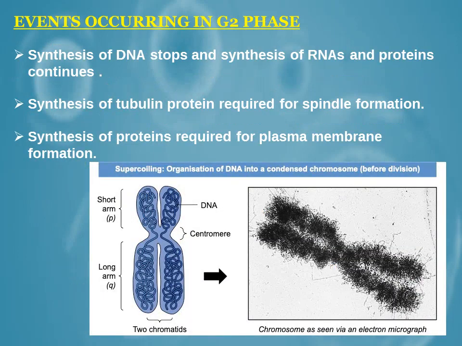G2 is also called the second growth phase or pre-mitotic gap phase. In this phase, synthesis of DNA stops and synthesis of RNAs and proteins continues. All cell organelles multiply and spindle formation takes place. It lasts for 2 to 5 hours in most cells and may be as short as 1 hour in rapidly dividing cells, or of nearly indefinite duration in some polyploid cells and primary oocytes that are arrested in G2 for